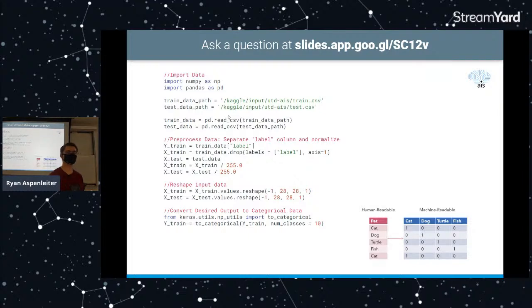So I guess you can talk a little bit about some of this pre-processing code. This is ripped directly from the template I'm going to be giving you all at the end of this workshop. At the beginning, this just imports data. There's a couple of modules that are really common for any kind of machine learning, like NumPy and Pandas. You will get to know those well if you get further into machine learning, but they're pretty simple to use, generally speaking. Pandas is nice because it can be used, among other things, to read in a CSV file and make a data structure with that. So it takes in training data and test data. Then it does pre-processing.